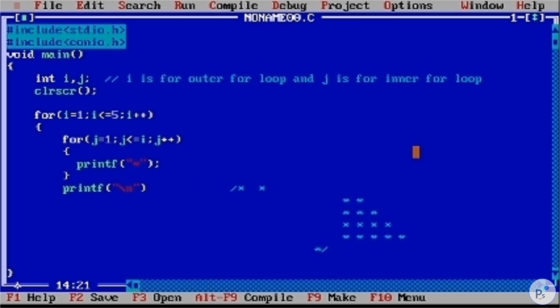Remember, \n is for moving the cursor to a new line. So this is all the logic to achieve this pattern. getch.